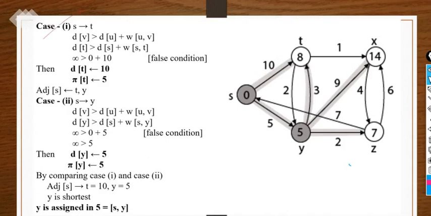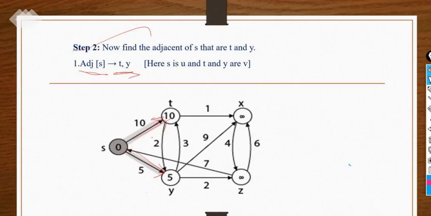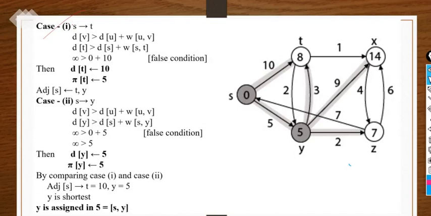If we are moving from S to T, this path we are covering. What is the weight here? 10, right? So we have initialized S with the 0 and we have the 10 weight here, right? Now we have to check it out. The estimation path of the D of V, that is 10 here. Is it greater than